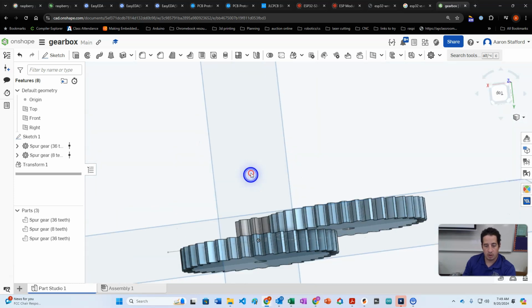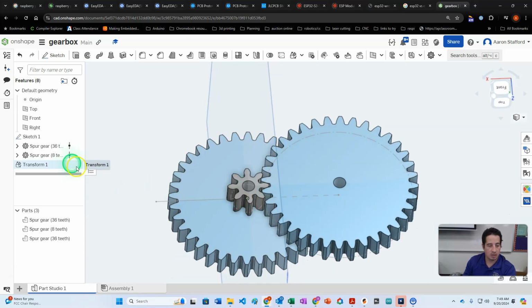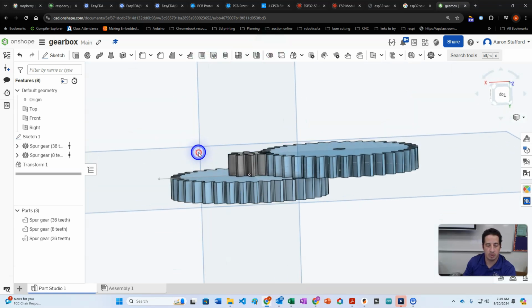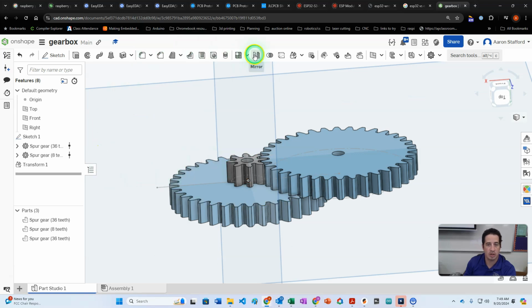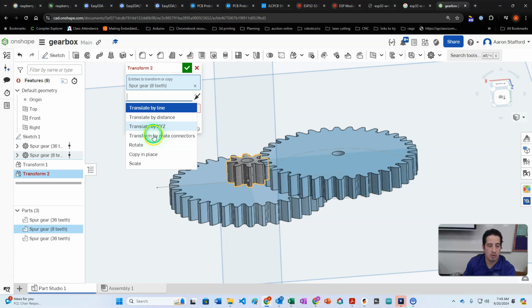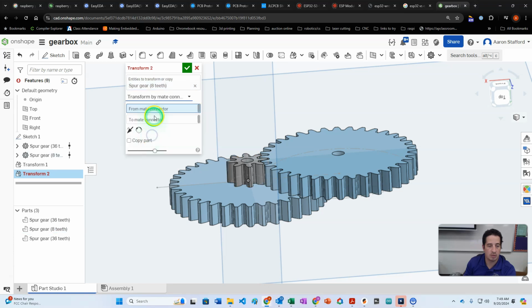Okay, so now what we're going to do is join these two together. So I'm going to choose Boolean. Actually, before that, let me make one more gear. So I'm going to do one more transform. Transform. I'm going to click on this one. I'm going to do my make connector. I'm going to click from right there to